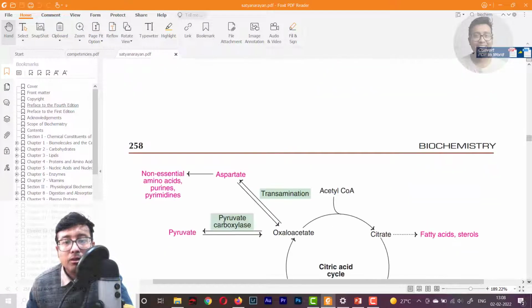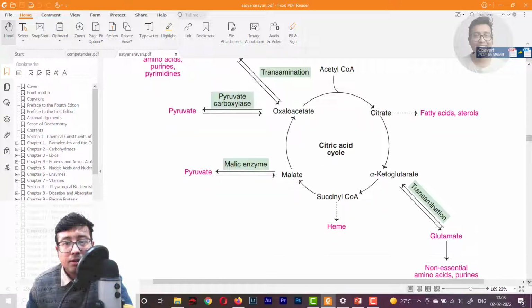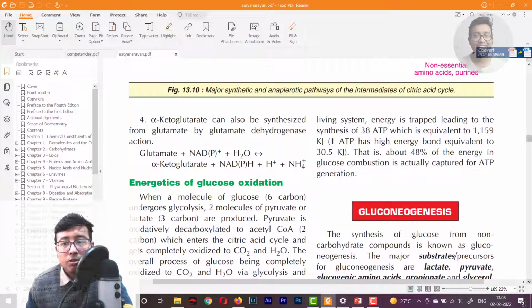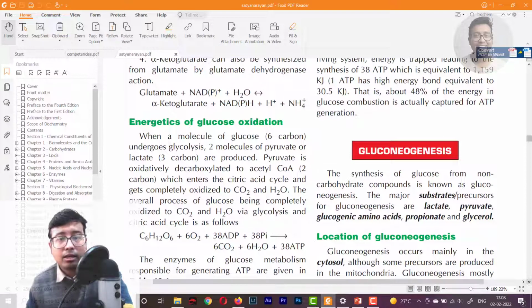So this is all about TCA cycle. We don't need to go into much detail about TCA cycle, nothing more you need to read. Okay, next is